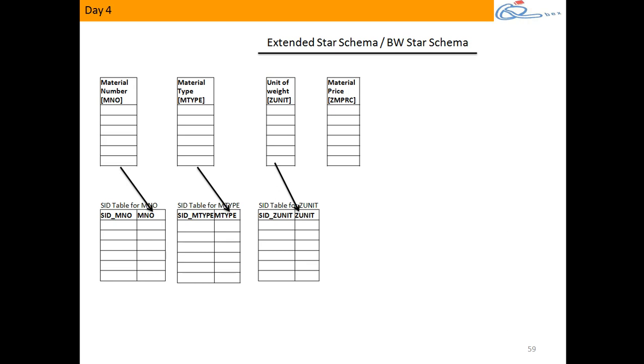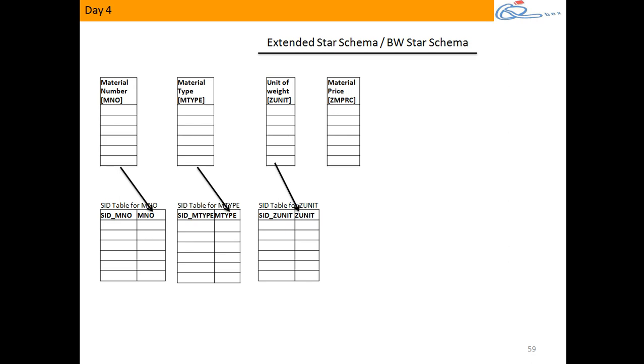Now what I am trying to do is, I would like to build an attribute table for which characteristic? Metal number, by using other columns like metal type, unit and price as attributes. Can I still create an attribute table for metal type also? Can I create a text table for metal type? Can I create hierarchy tables for metal type? Yes. But as of now, my requirement is to build the attribute table for metal number, because metal type, unit, price will act as attributes of metal number. Metal number is the main key, and the others are attributes. So I need to use metal type, unit, price as attributes for metal number.